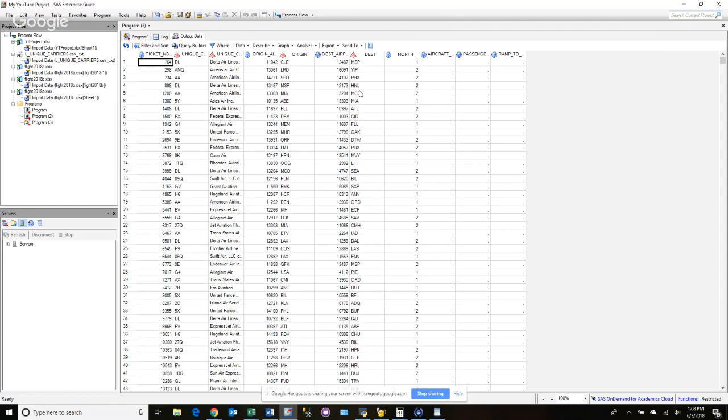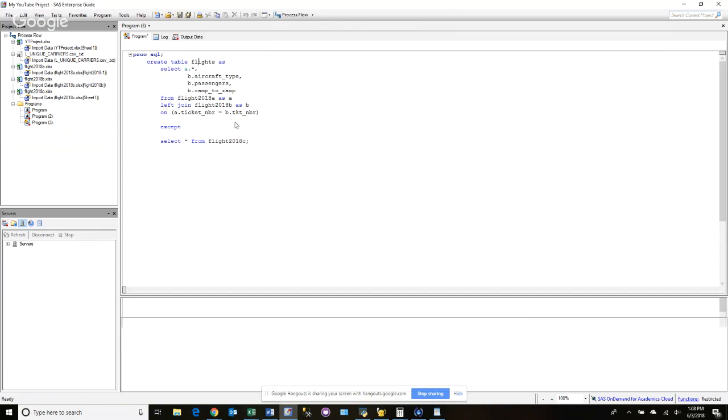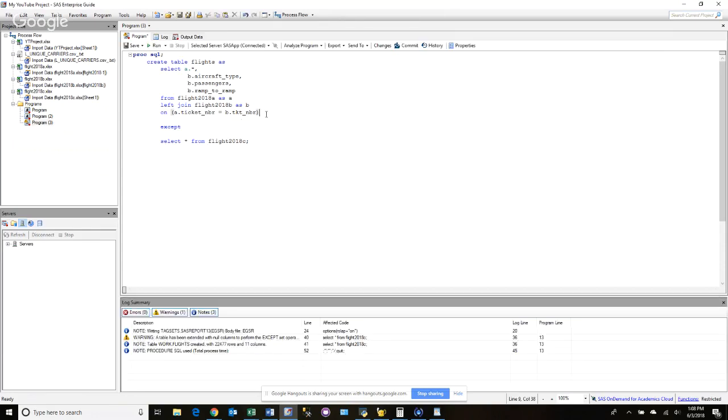But basically, we're bringing in 22,000 records as our final result from merging table A and B and excluding the records from table C. And we see we have missing data in these columns here. That's because in table B, we didn't have a matching ticket number in table A to populate these three columns here. But just for giggles, if we wanted to see what that would look like, we would add some more criteria here